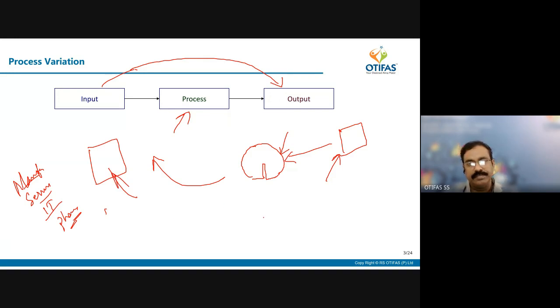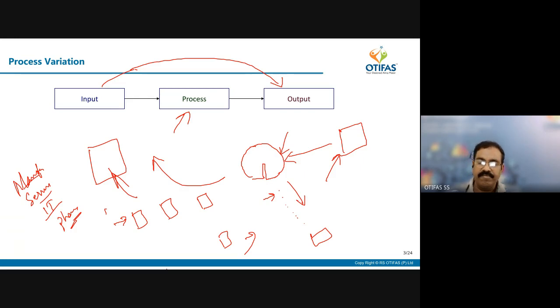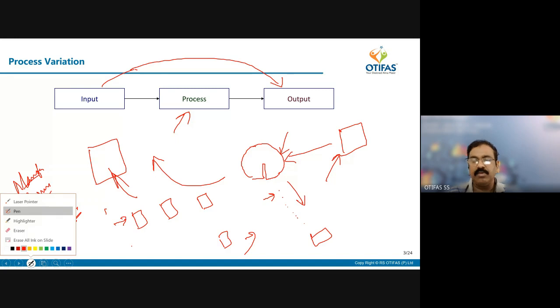This was a process. You are going to the bank, following a certain process, and then you get your money. And if you want to open a bank account, you go to a counter and fill in a form, then there are steps, and finally you get a bank account. So these steps are called a process. Whether it is manufacturing, where a material goes through a series of operations and then you get the output, or software and IT industries, there are certain processes, and you follow that process and then you make a website or an application, whatever it may be.